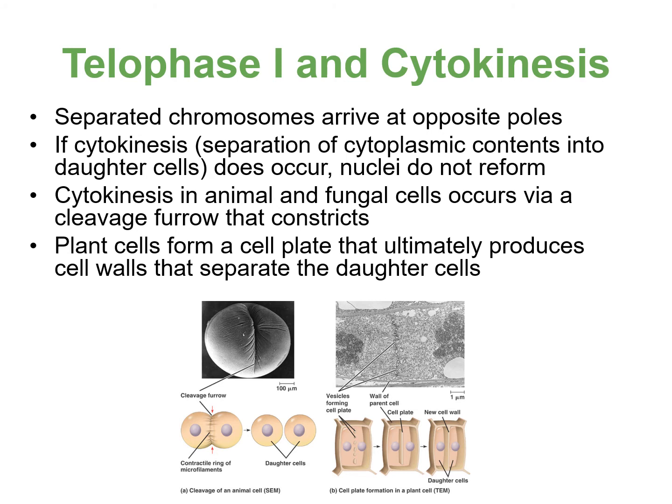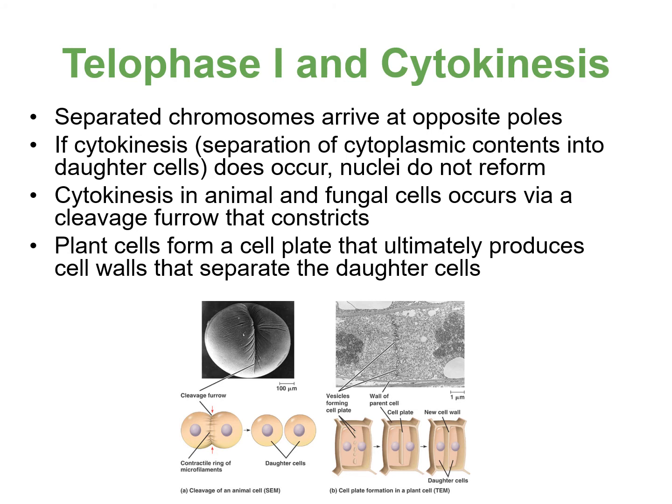In some organisms, the chromosomes actually decondense and the nuclear envelopes form around the separated sets of chromatids produced during telophase 1. In other organisms, cytokinesis, or the physical separation of the cytoplasmic components into daughter cells, occurs without the reformation of the nuclei. In virtually all species of animals and in some fungi, cytokinesis is responsible for separating the cell contents by means of a cleavage furrow, and I showed that on the slide with the picture of the whole process of